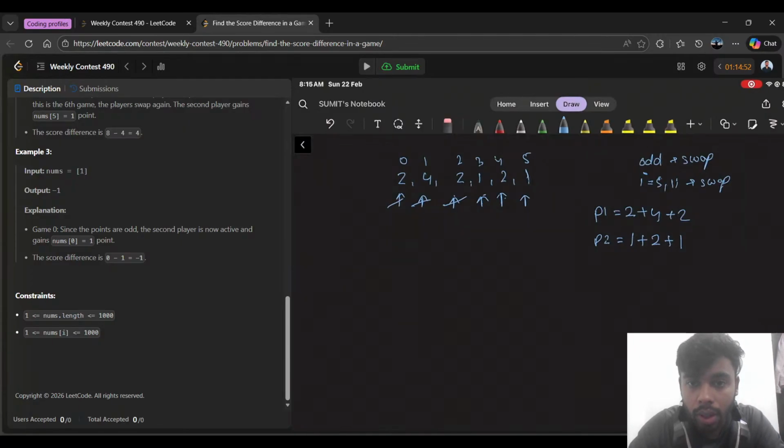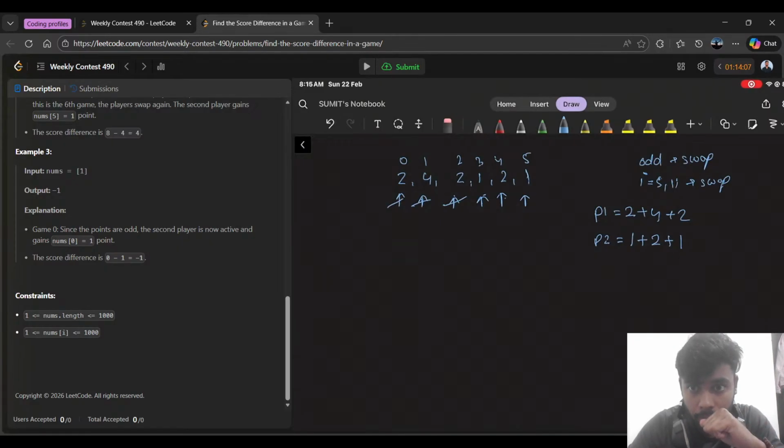So if nums of index modulo 2 equals to 0 and p1 is active, this will be the case, then score 1 plus equals to nums index. Now it's right. If p1 is active and index will be this, so this will be there. Otherwise, in either cases,